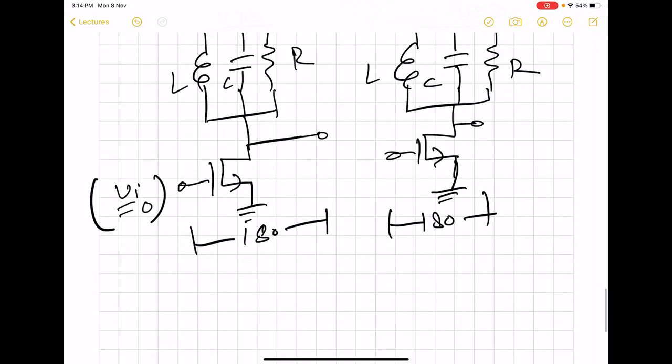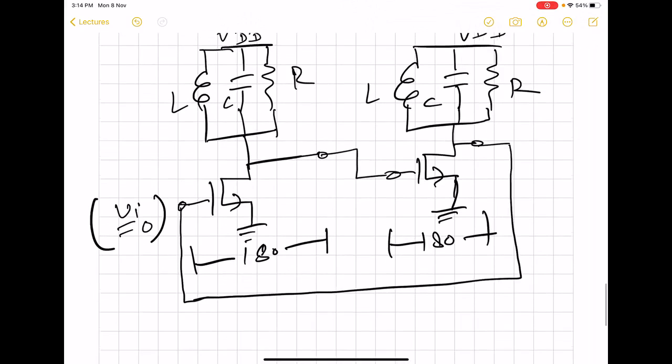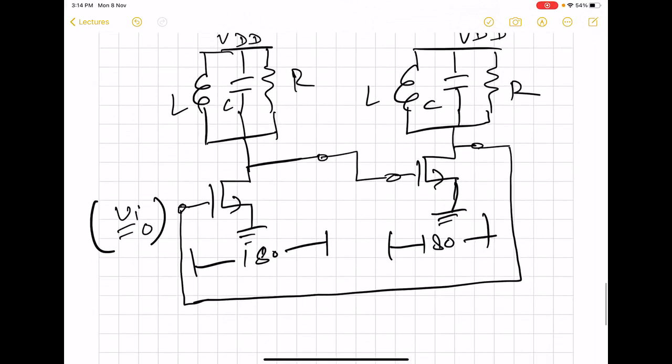So total, in fact, will be 360 degree if we interconnect them. That means output of the first to the input of the second, and output of the second back to the input of the first. So now if we make this loop, then there will be a total of 360 degree